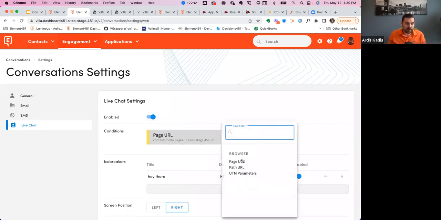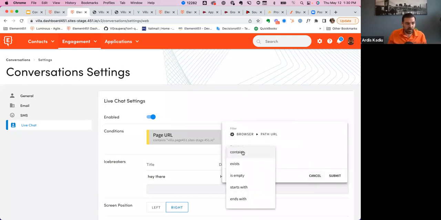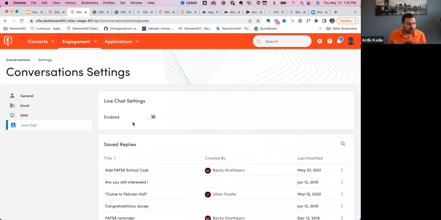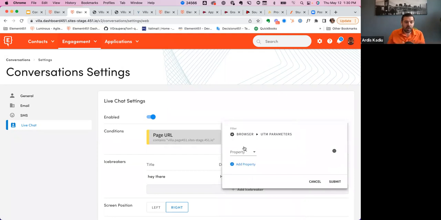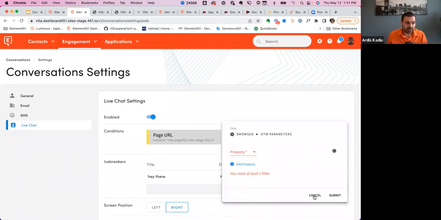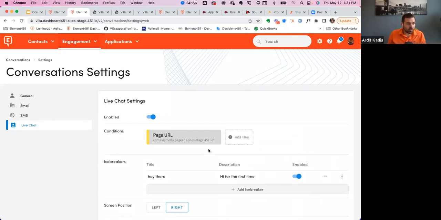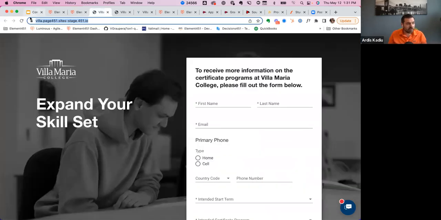But also, if you think about it, now I can also add page path. So I can add admissions, and also contains /admissions, right? So this is how you would add it to different pages. But then the other part that becomes really important here is that you can also do it based on UTM parameters, right? So if you want people to have the messenger only if you are sending them there from your admissions campaigns, then you would listen for a UTM parameter, campaign content, or whatever, and based on that, it will show or hide that messenger.